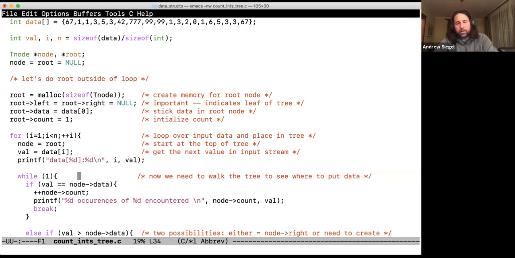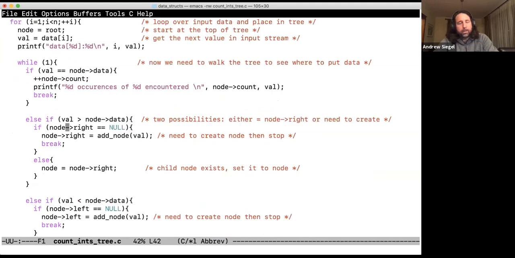Okay, so just look at the different conditions. We're going to sort of traverse the tree and see where to put the data. So first condition to check is, does the current node have the data? In other words, is it in root? If so, just increment the count and then break, you're done, okay? If not, then if the value is greater than node.data,